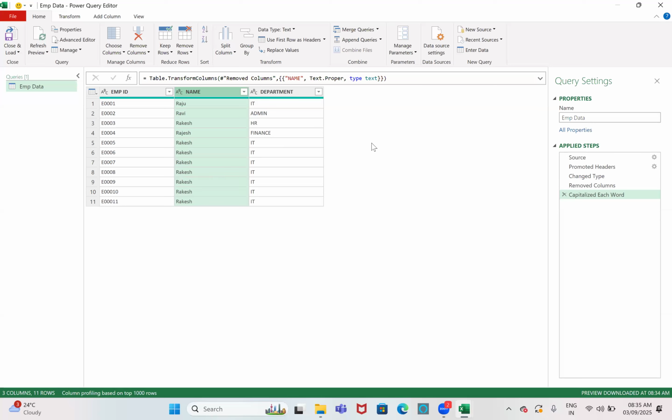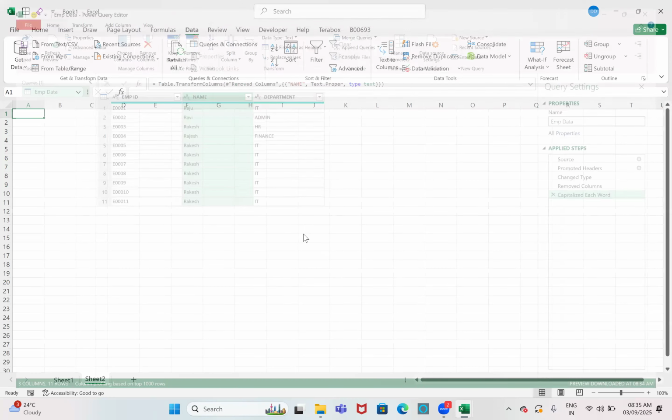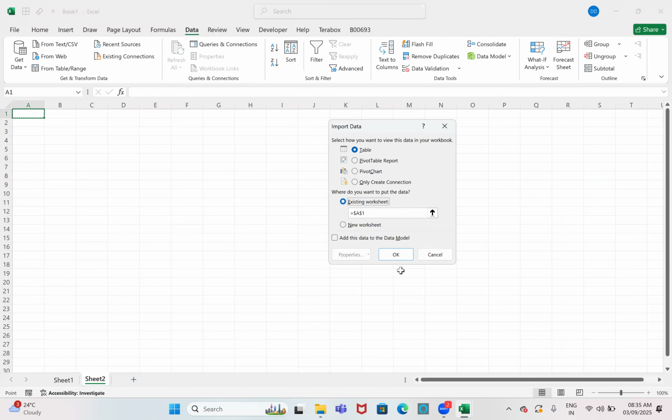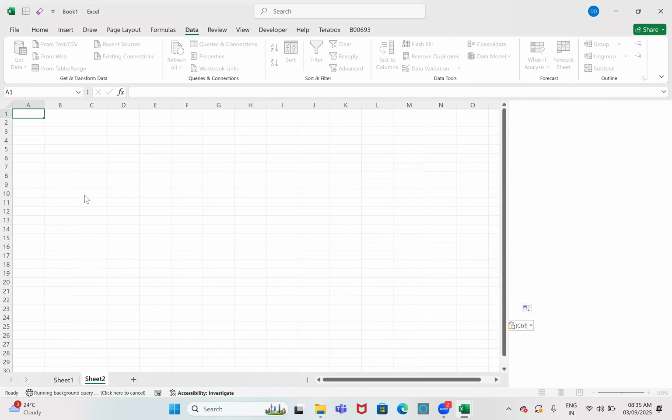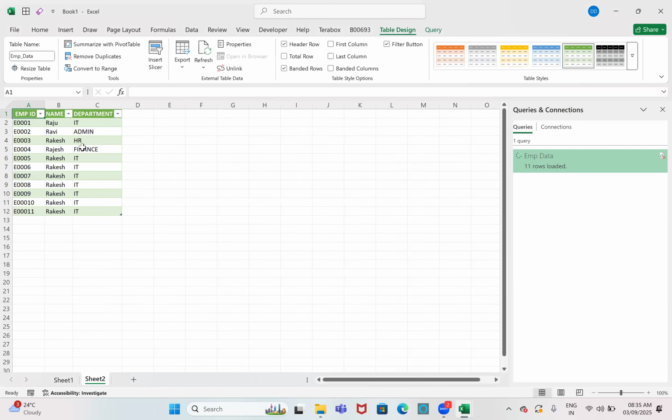Now I'll say Close and Load To. When I save this and say okay, see, you have only the 3 columns, with the updated format. That is the Power Query Editor.